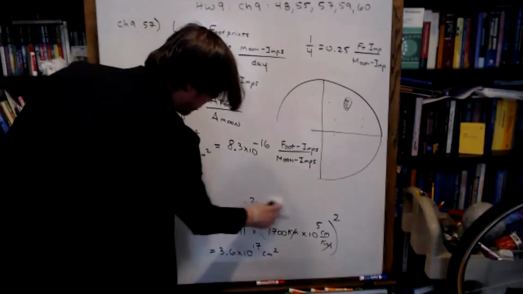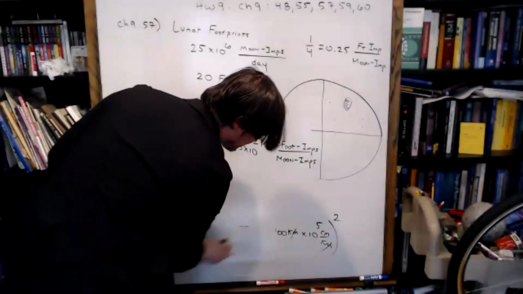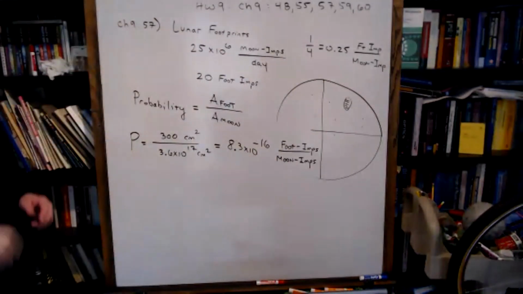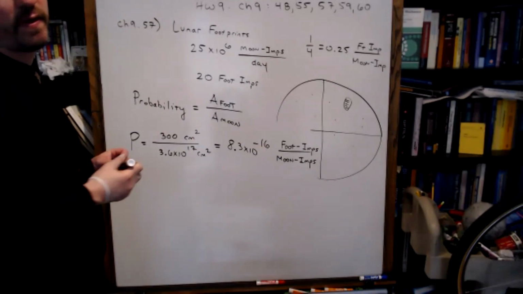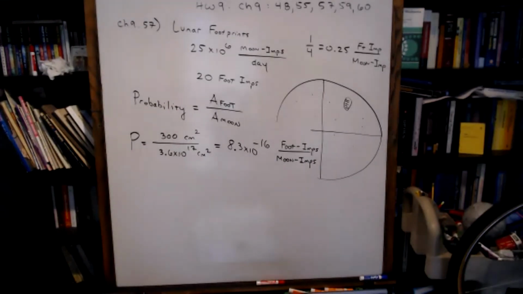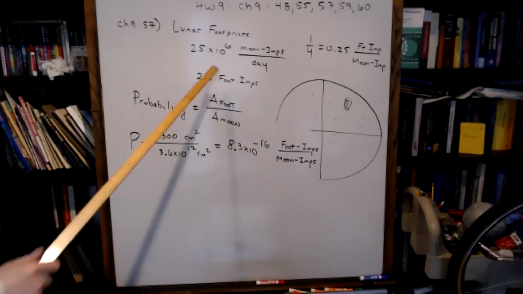Okay, what is it that I'm trying to do here, class? What's the problem? Ask me. Because I can't even remember what the question was asking anymore. It's so convoluted. It wants to know how long it would take for one of the footprints left by the Apollo astronauts to be erased. Okay, maybe we should try to figure out how many times the foot gets struck in a day. How many meteorites strike the moon per day? 25 million. Okay, so what should I do with that? What should I do with this, and what should I do with that?